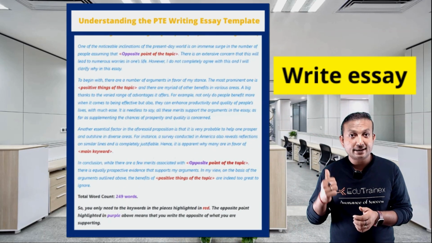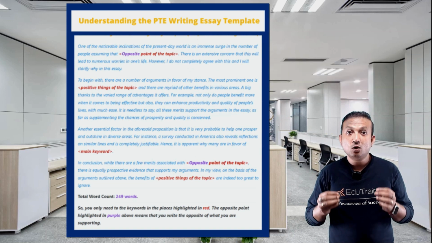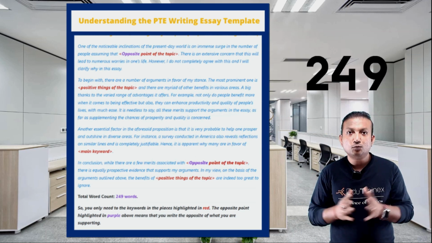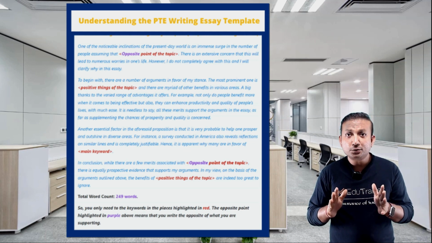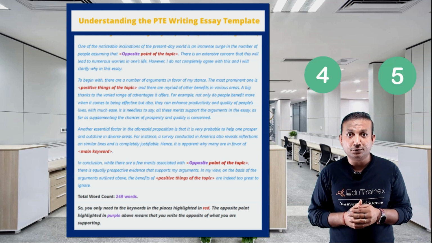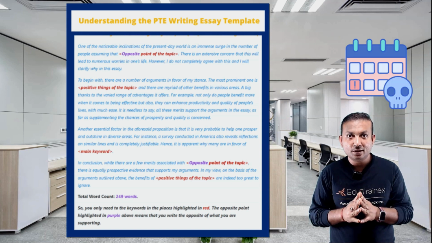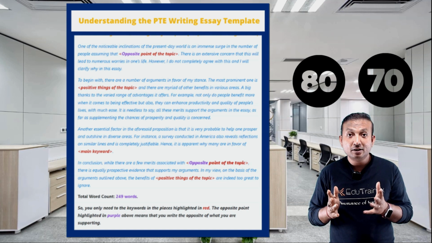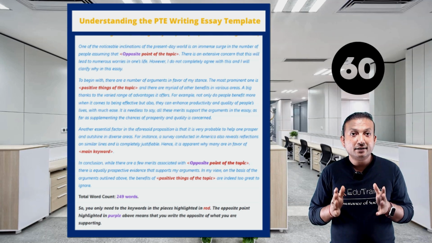The first question to be hit by the recent PTE AI update is write essay. Let's take this essay template for example. This essay already has around 249 words written for you, and it requires you to write only around 4 to 5 words of your own. I have always told my students that these types of templates have an expiry date. If you are getting 70 or 80 with these templates today, you will get 60s when the AI learns to